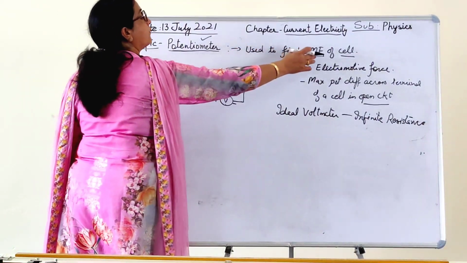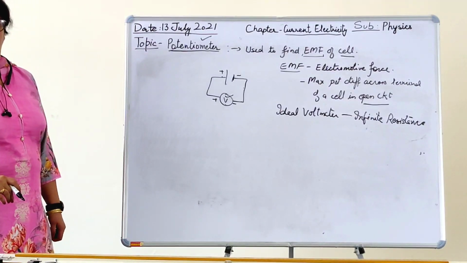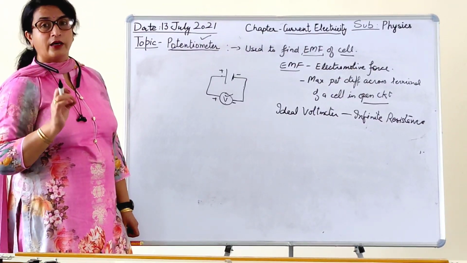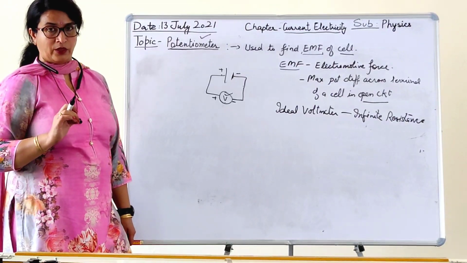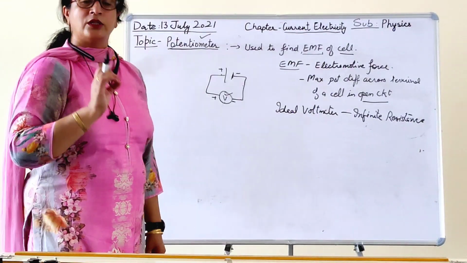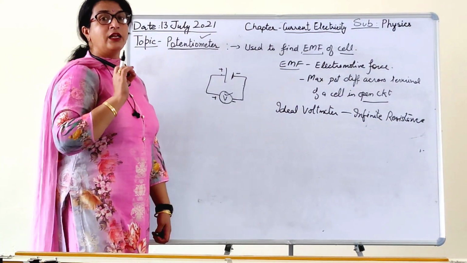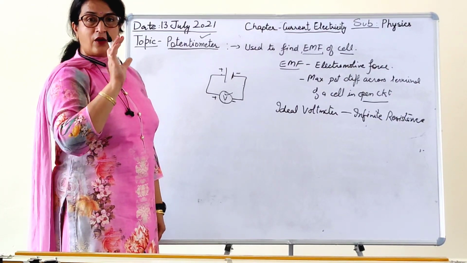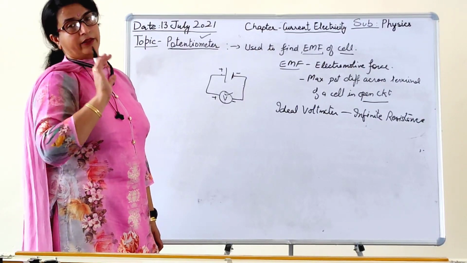To find the EMF of the cell, we use a potentiometer. This potentiometer is also used in finding the internal resistance of the cell. We will discuss one by one. First of all, today we will discuss only the principle of the potentiometer, and we will practically find out how the potential difference across a given length is directly proportional to the length of